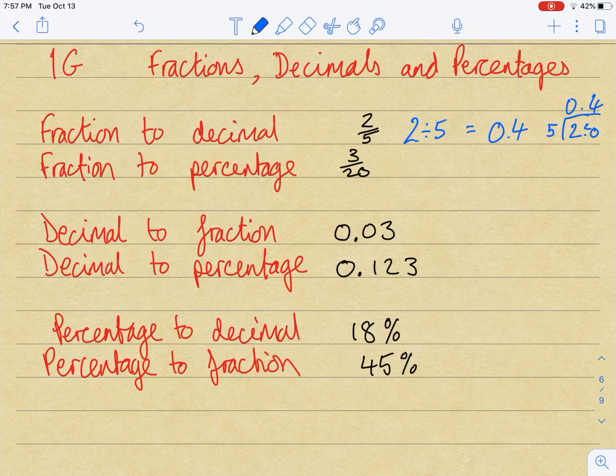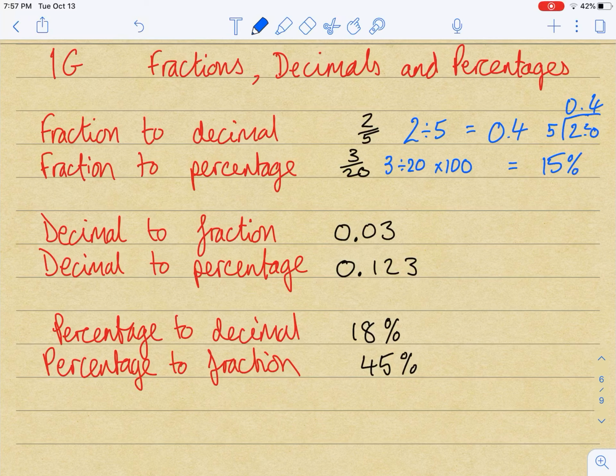Depends how you like to do your division there. Fraction to a percentage, well, it's kind of the same as finding the decimal and then a case of timesing by 100. So I could do 3 divided by 20, then multiply by 100. And I would get